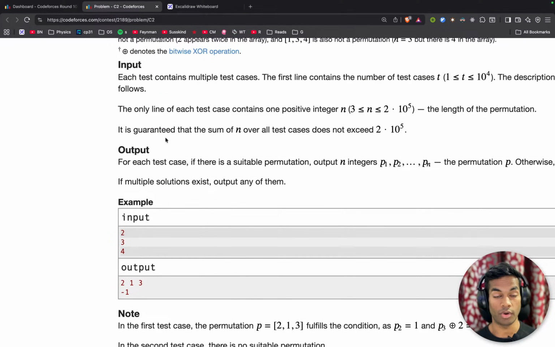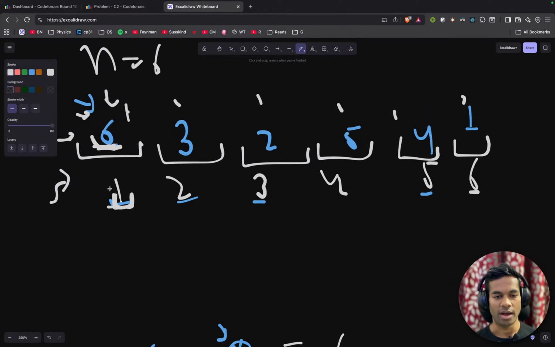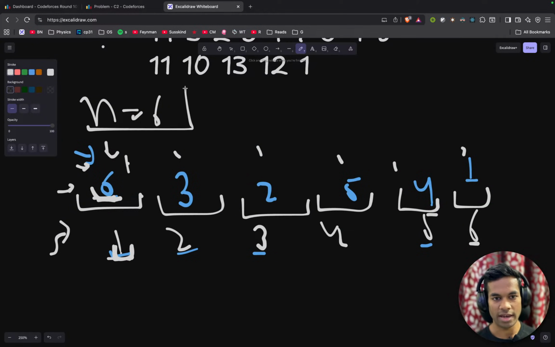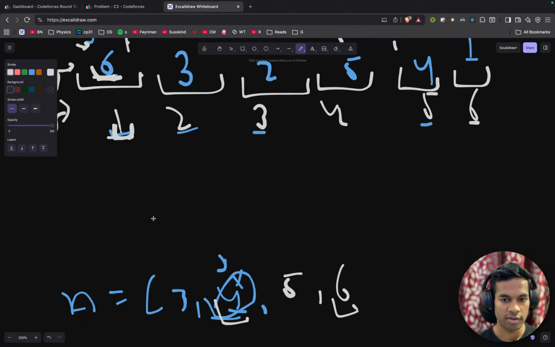For odd values of n, we do have a solution. I do not just want to assume that if n is ever even, there is no solution. Not that we cannot get a solution, there does not exist a solution. We will not assume that. Let's see. For 6,